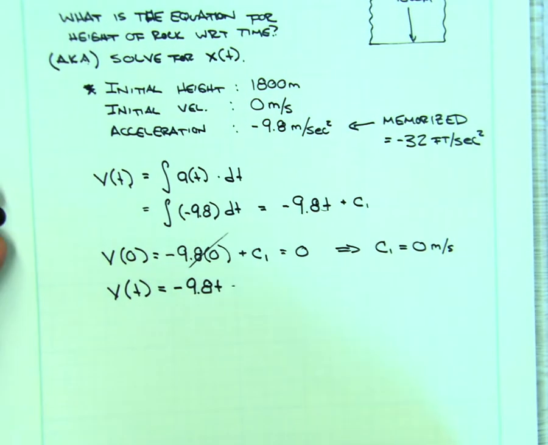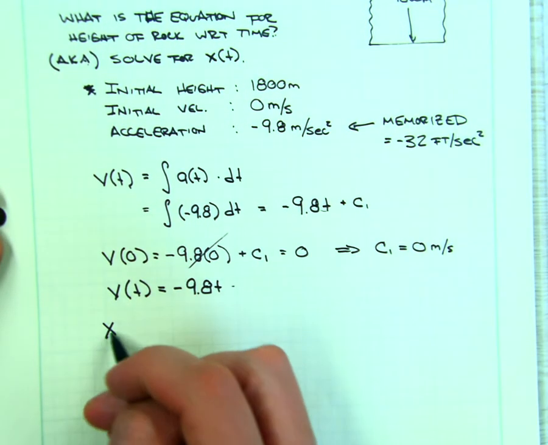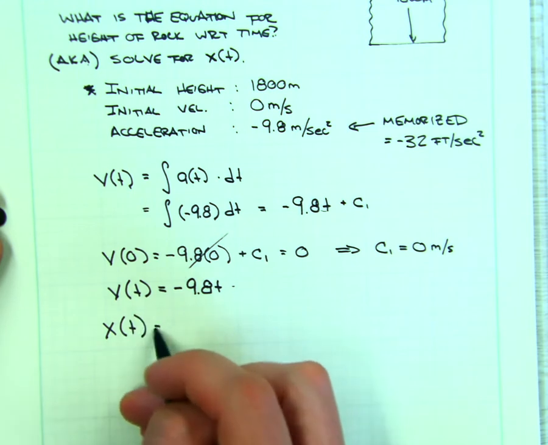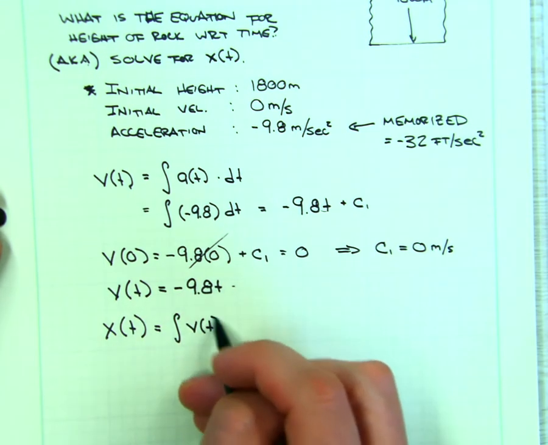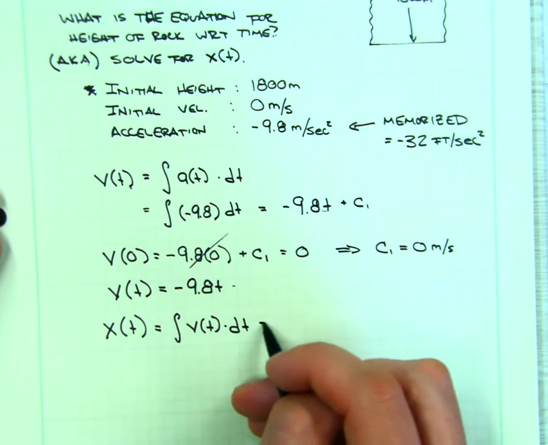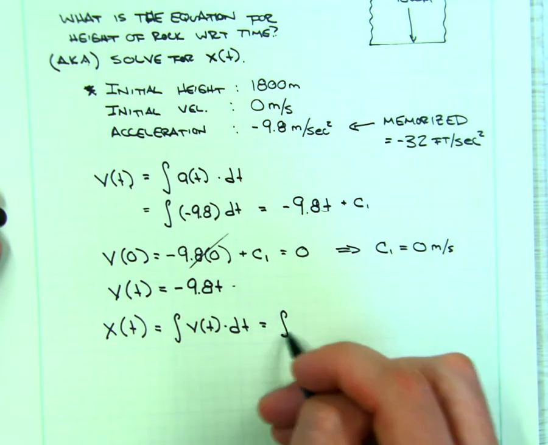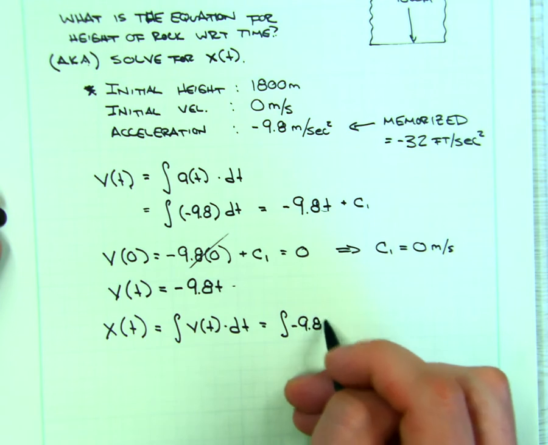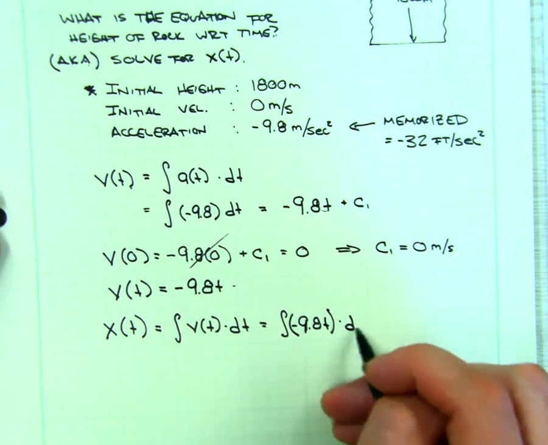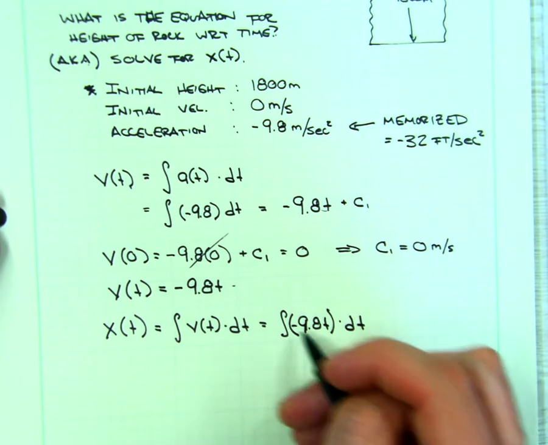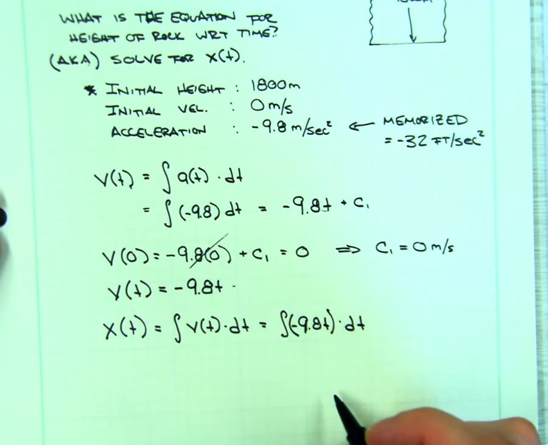Now I need to figure out what my position is. Position x of t is going to be equal to the integral of v of t dt. So I'm going to go ahead and plug in and just keep going. Negative 9.8 t. This is an easier integral than the one we did yesterday because there's no constant, no second term. So the integral of negative 9.8 t dt